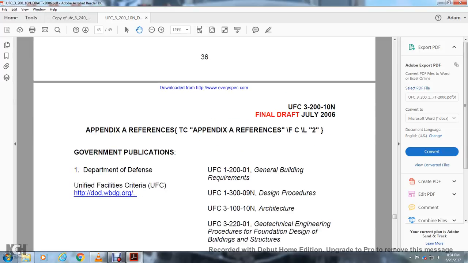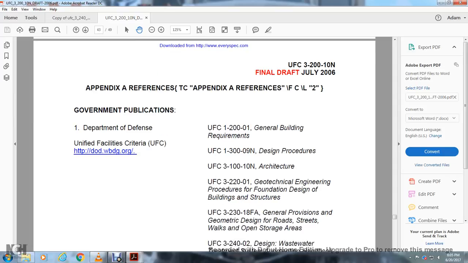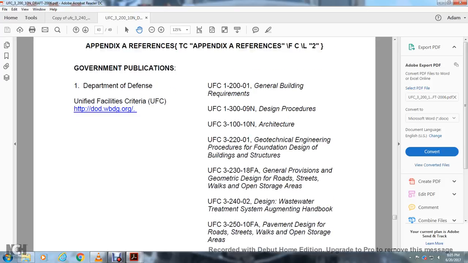Appendix A, references. Government publications, Department of Defense: UFC 1-200-01 General Building Requirements; UFC 1-300-09N Design Procedures; UFC 3-100-10N Architectural; UFC 3-220-01 Geotechnical Engineering Procedures for Foundation Design of Buildings and Structures; UFC 3-230-18FA General Provisions; Geometric Design of Roads, Streets, Walks, and Open Storage Areas, UFC 3-240-02 Design: Wastewater Treatment System Augmentation Handbook;